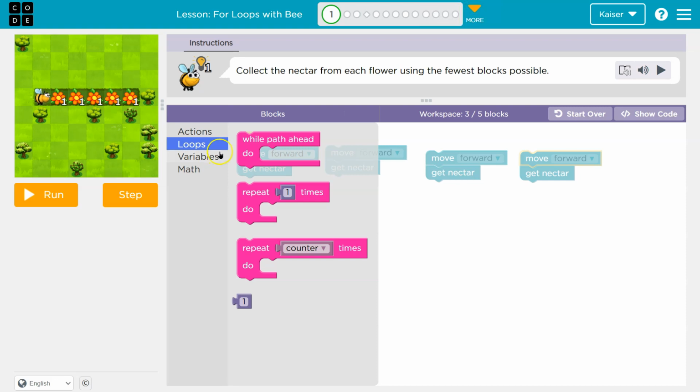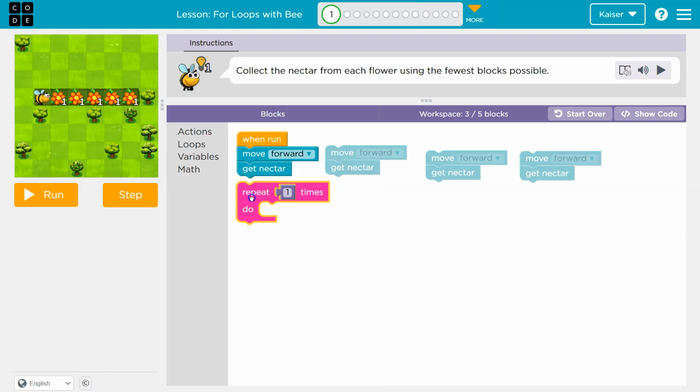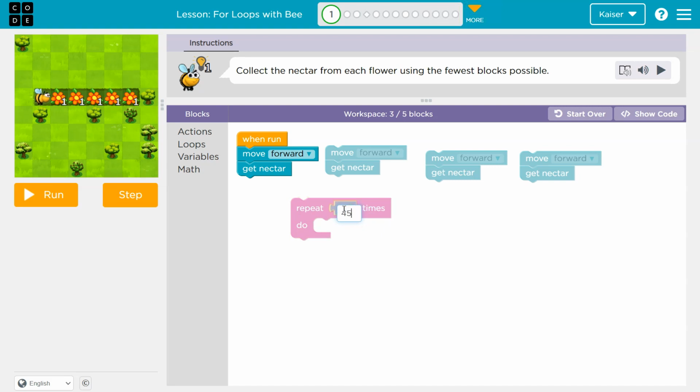And we have a few options here. While path is ahead, so I bet that works as long as there's path ahead of me. And at this wall, is there path ahead anymore? Nope. So as long as there's path ahead of me, this should loop. We could do that. We can also try what we know, repeat. Maybe I'll do this one first. We could also do while path ahead. That would work too. Now I said I needed to do this 5 times because there's 5 spaces, and I